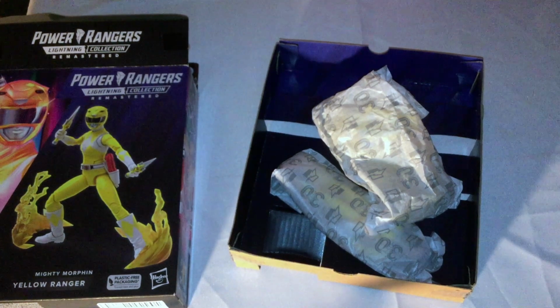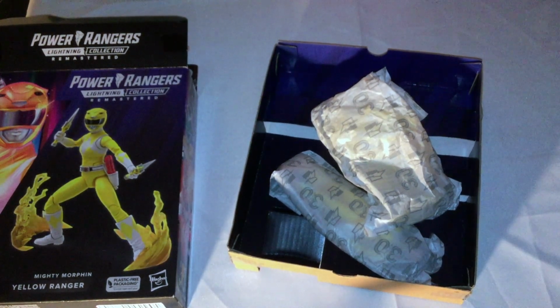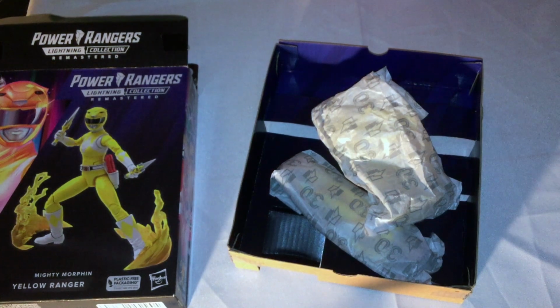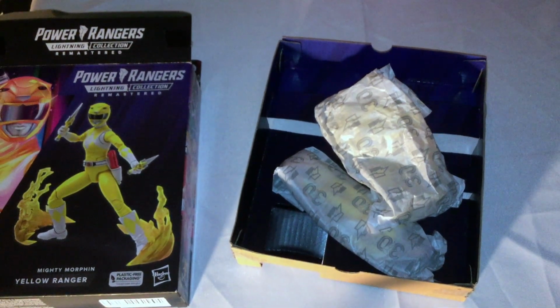Okay? The majority of things with the figure were pretty good. 90 to 95% of the figure was pretty good. The only problems were a couple of accessories missing, unfortunately. And that's really all I can say about it. Okay? Hasbro should not have the Power Rangers license stripped from them, which, good luck with that. They legally own the shit because they bought it outright from Saban. But anyways,